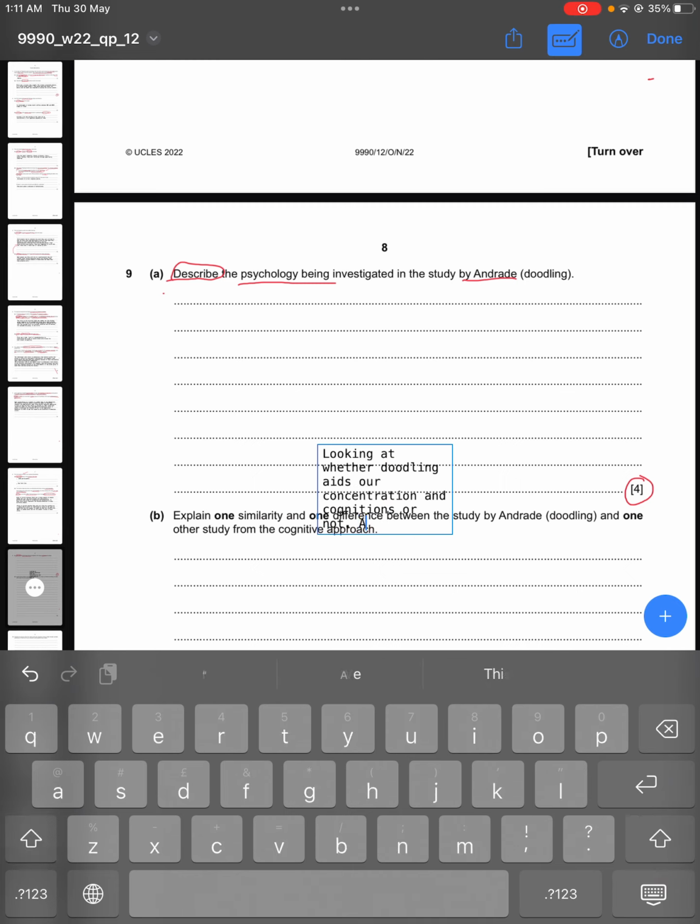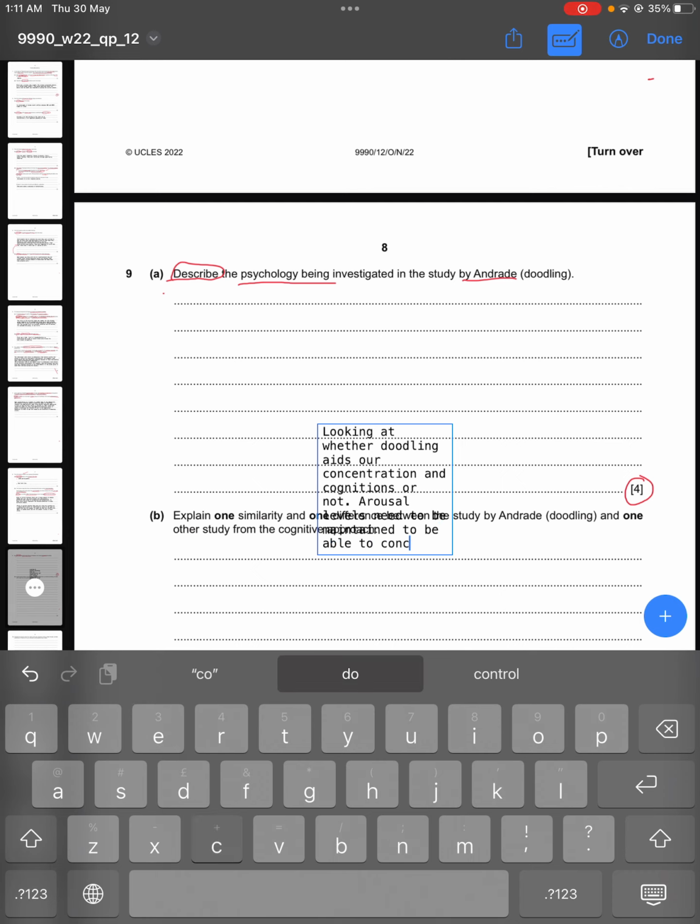It was related to how arousal levels need to be maintained to be able to concentrate,